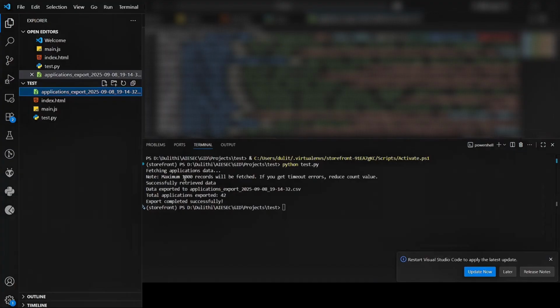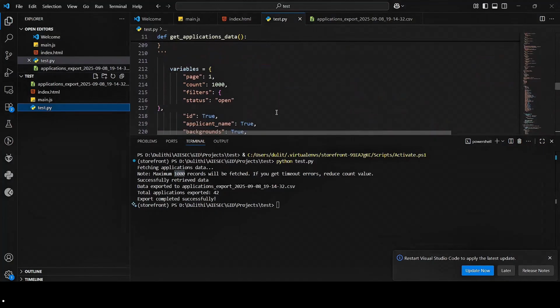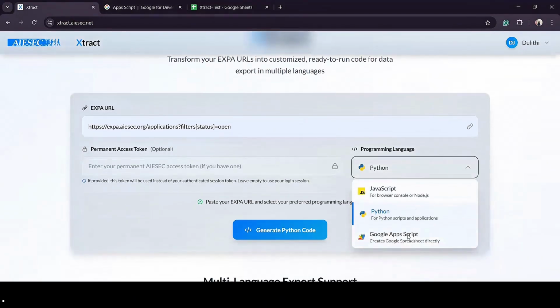It exports a maximum of 1000 entries at once. You can change the count from here, but it is not recommended to increase it too much because it might give you an error. Let's see how we can use Google Apps Script to do the same, but here